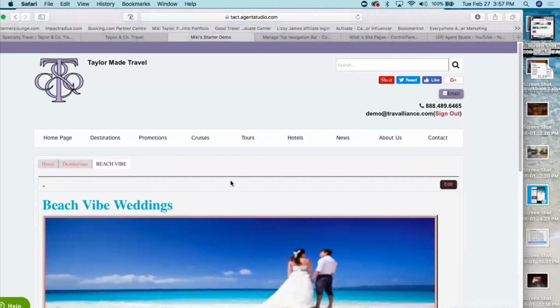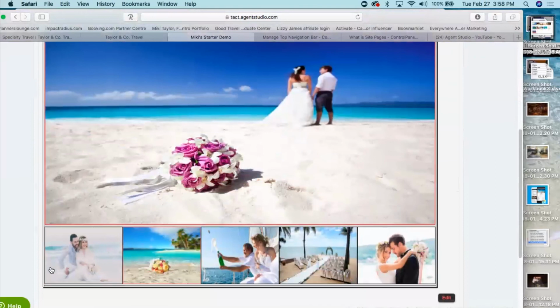Patricia says, how do I get brochures onto my site? Patricia, you can do it the same exact way that all the brochures, you can set them up as their own PDF, like we did in the beginning, and then you can either link them to an image like this. The image could also be just a screenshot of the first page of